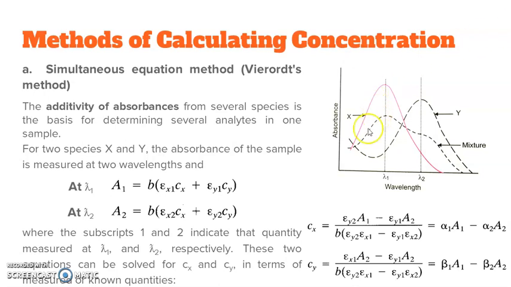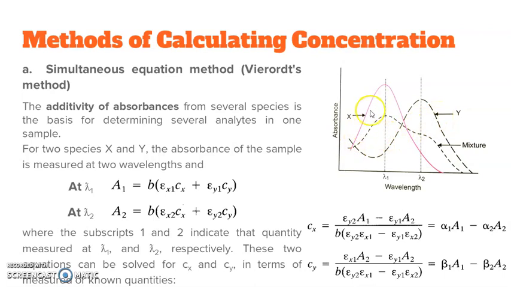And once we prepare the dilutions in the Beer's range, we take the absorption maxima of the two drugs. For example, X and Y are the two different drugs. And since there are two drugs involved, we call this a multi-component analysis. The absorption maxima for each drug is different and it is a characteristic value. And you can see in this particular figure, there is a pink peak followed by one dotted peak, which I have represented as Y. And imagine that these are two different absorbing species, X and Y, which represent two different drugs in a sample.